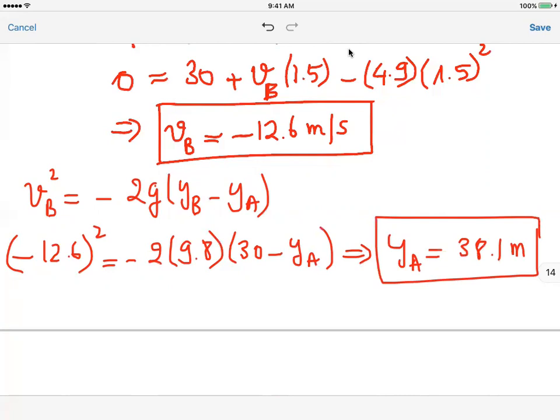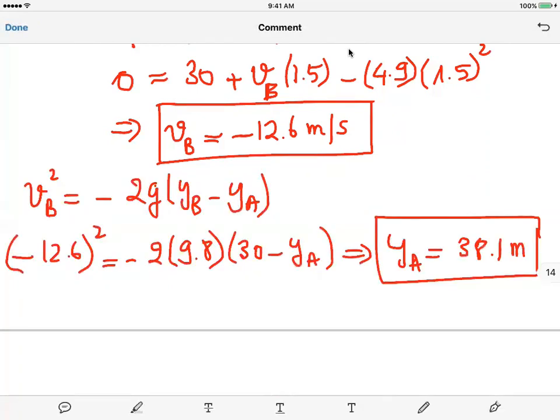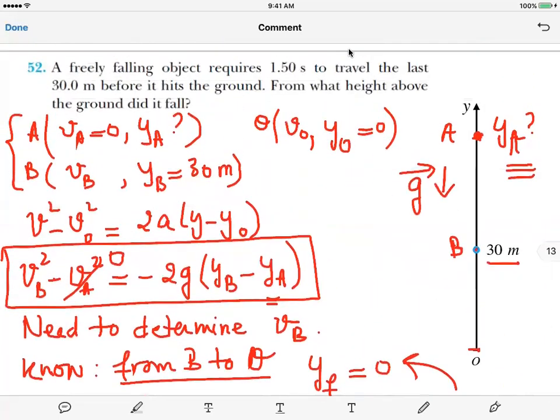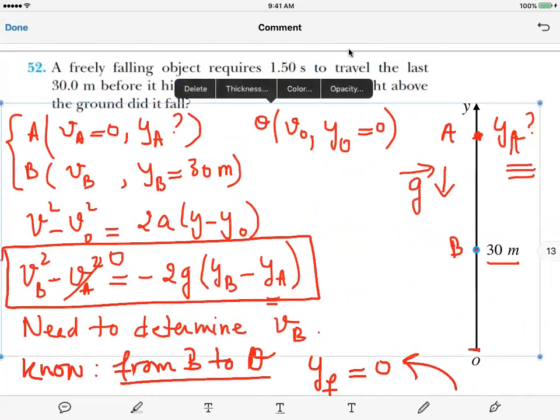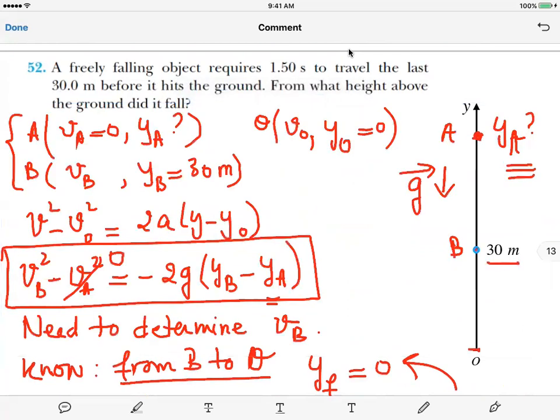And it took some amount of time to reach the ground. Of course, there are some other ways to solve this problem, but the point is that you have two sections or two parts of this motion. The first part is between A and B, and we know a few pieces of information about this part, but we don't know everything. And to complement our knowledge about this part between A and B, we go to the next part between B and O,